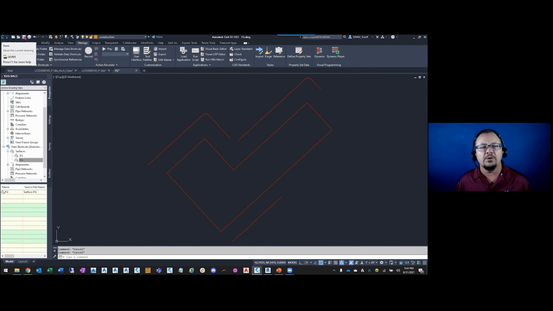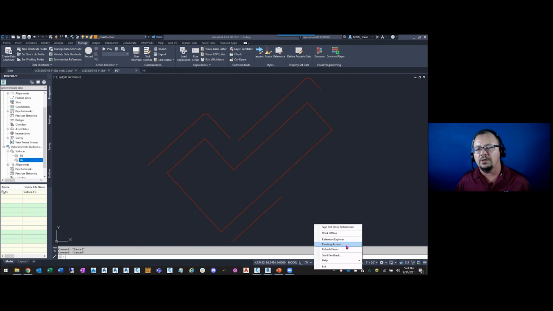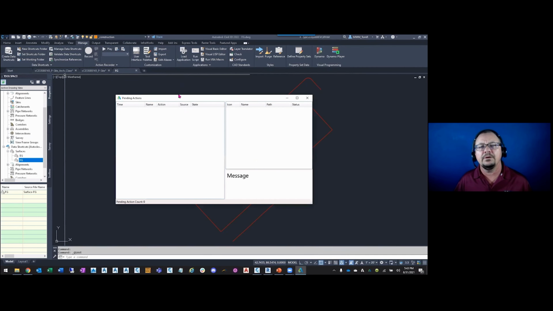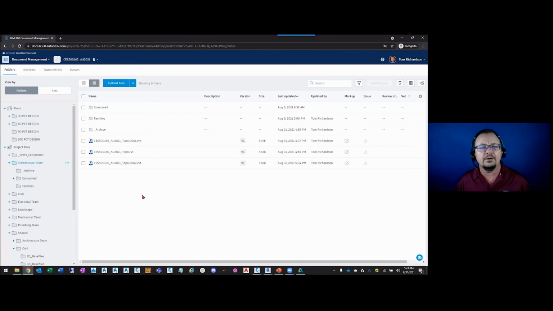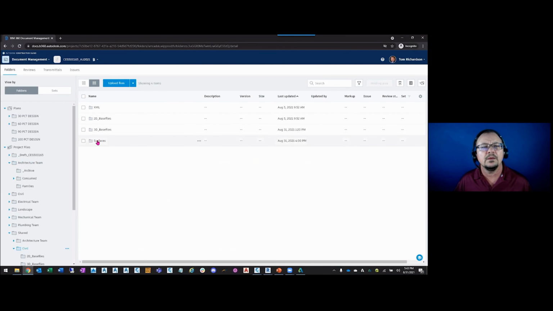What I'm going to do is go ahead and save the drawing first. And the save is going to be going through BIM 360. So I'm going to launch my Autodesk Desktop Connector, and you'll be able to see that the save is going through now. And I like to watch it go through that process just to make sure that everything looks good. Looks good there. And then I'm going to go to the project folder.